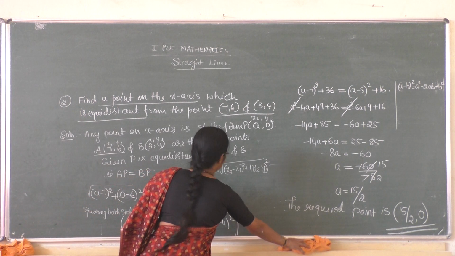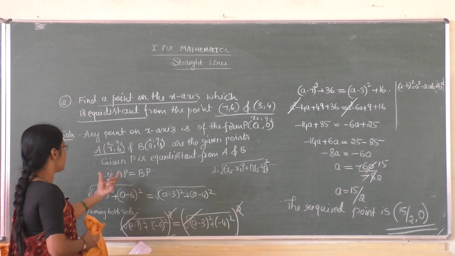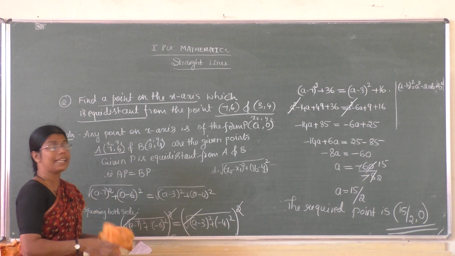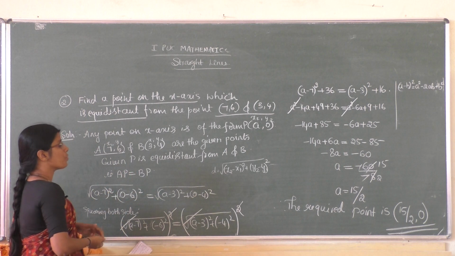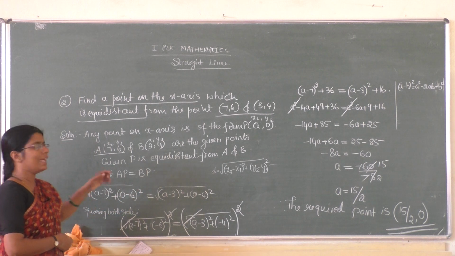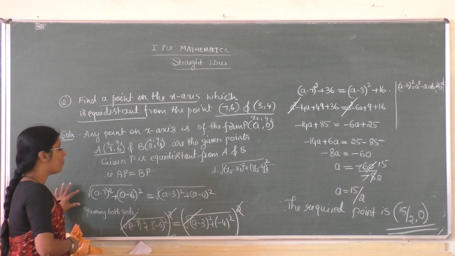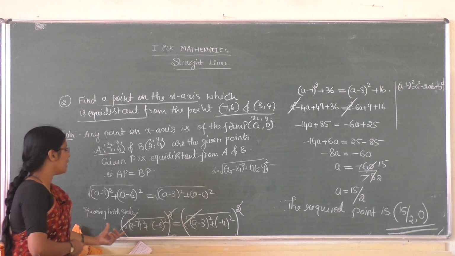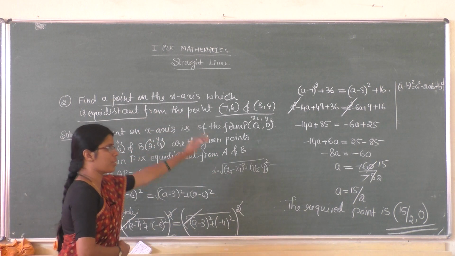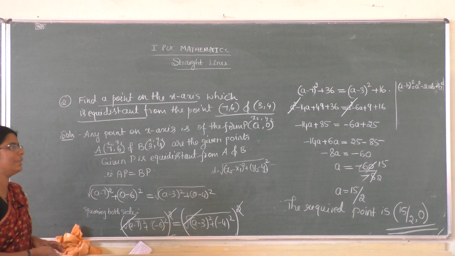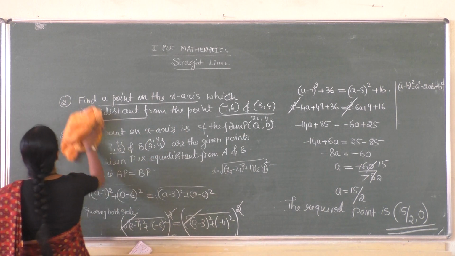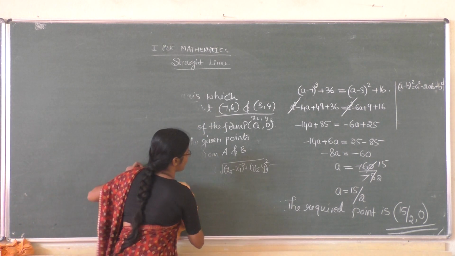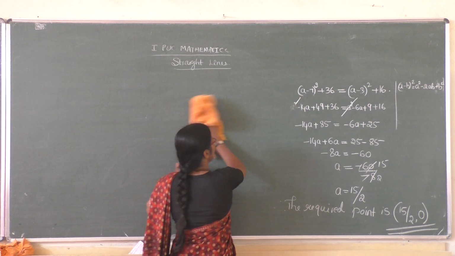So clearly you have to first use the condition, that is equidistant. So AP is equal to BP. Okay, then what you have to do? Apply the distance formula, we know already the distance formula. Then squaring both sides and do the simplification. Simplification we have to do properly. Okay, so this is how we get the solution for this particular problem. We consider now the next problem.